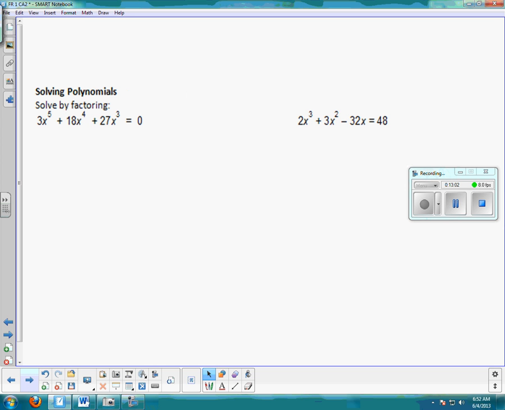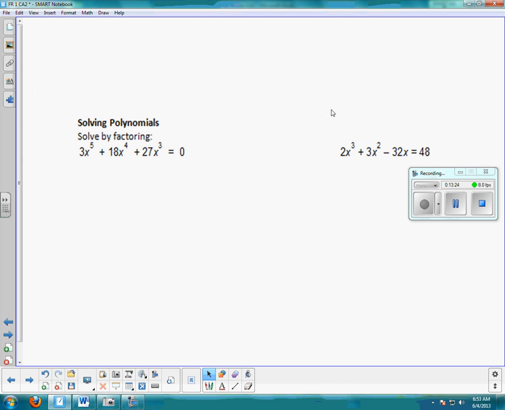All right, solving by factoring. We had a huge test on solving by factoring, and it really just incorporated the examples that you had, the techniques that we learned in quadratics and the new types of factoring. So we're always looking for a greatest common factor if we have one. In this case, we have x cubed goes into all three of these. And so if I took out x cubed, then I would be left with